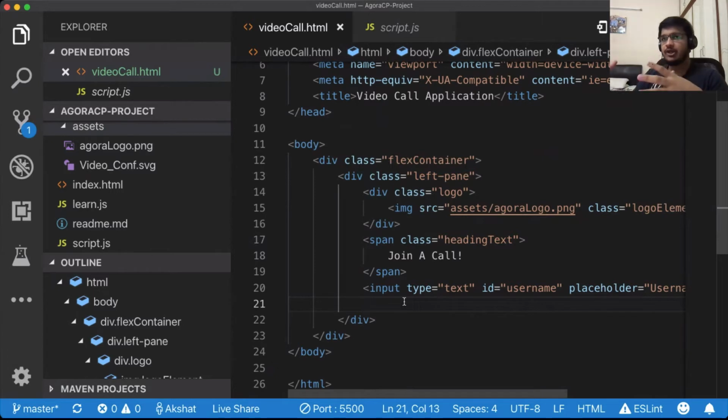Aditya wants to join our call. So he needs to know where we are in a call, right? So that place where we are in a call can be called a room or a channel. And the channel name has to be taken by the user, or it can be auto-generated by application. And Aditya will join that particular room.